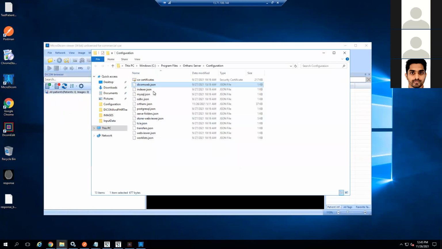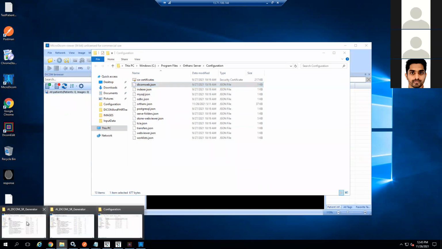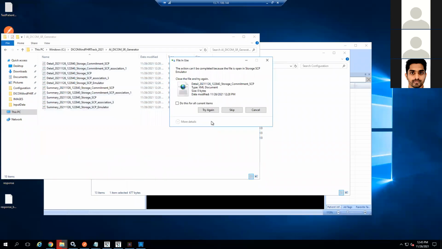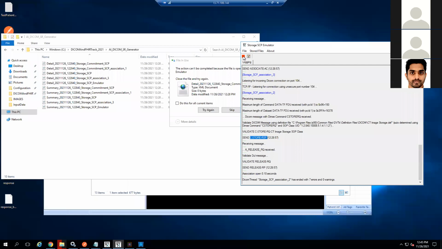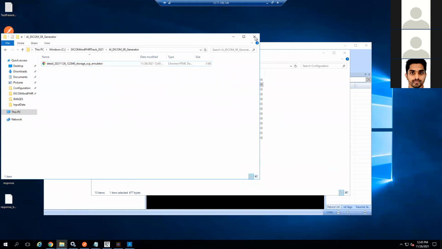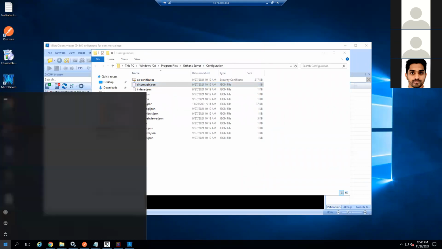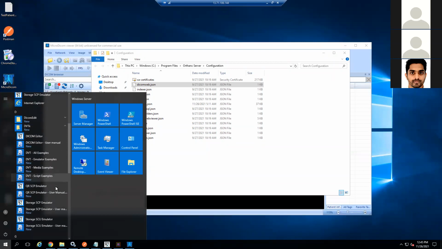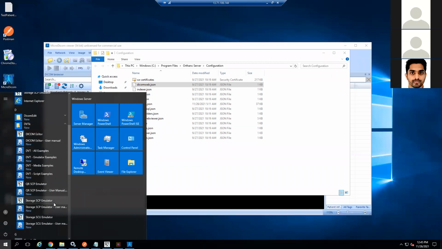Now I'll go to here. Now I'll show you a real AI generated SR object and the related images which have been sent from the Rthung to the storage CP.